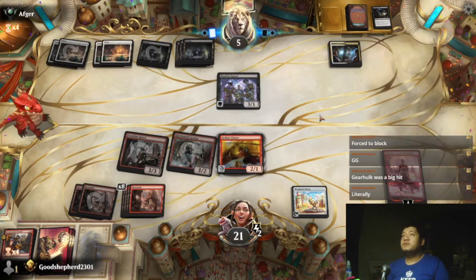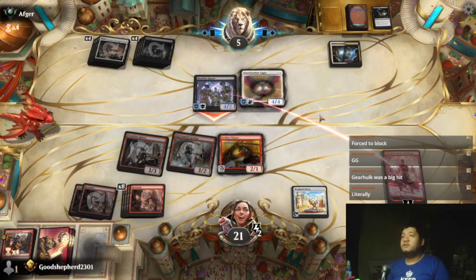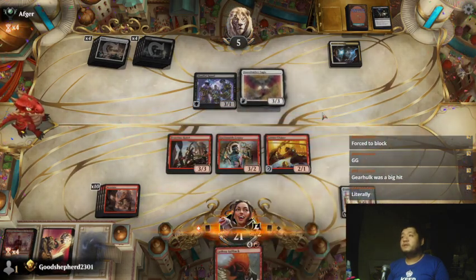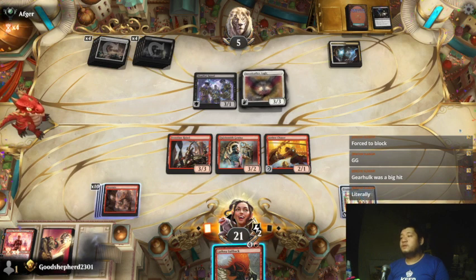Fortuitous Find. Okay, so take note. They get to kill Chandra. But is the cost worth it? Because, I guess you don't need me anymore. Oh, it gives it vigilance also. Okay. Yeah,